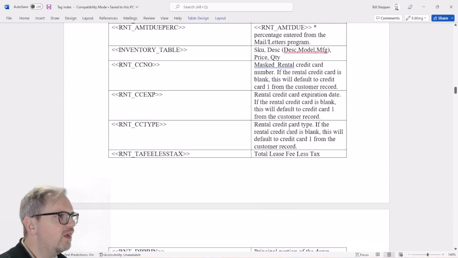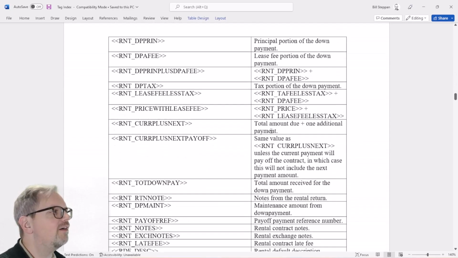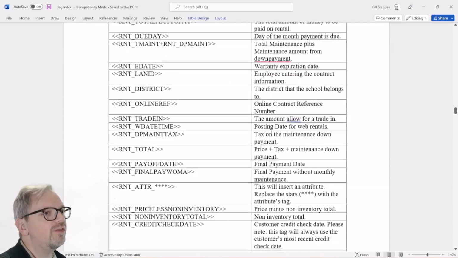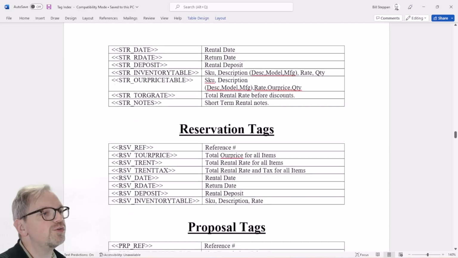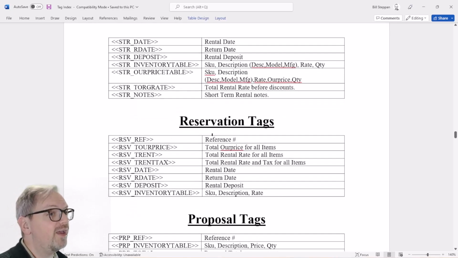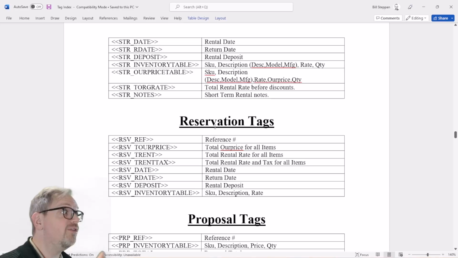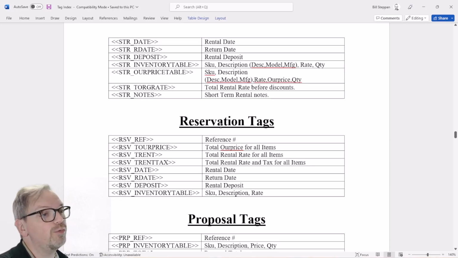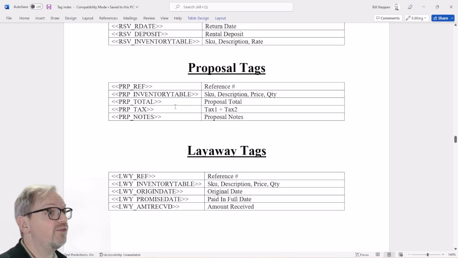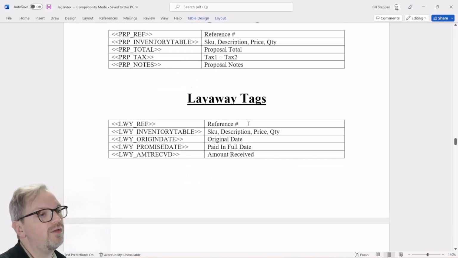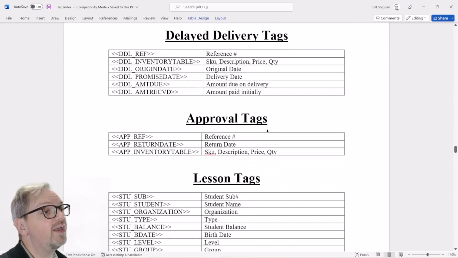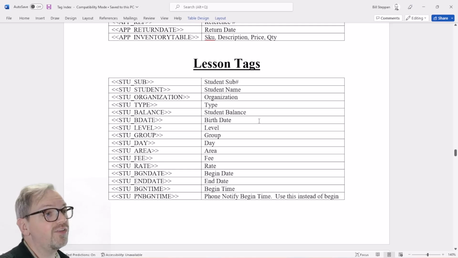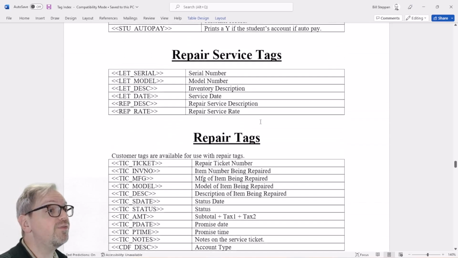So just to flesh out the remaining tag types, when we get past the rental ones, we can get into things like short-term rental tags. So obviously these are going to be specific to short-term rentals and short-term rental activity. Reservation tags are specific to short-term rental reservations, things that customers are reserving for a future rental. Proposal tags, so these are your sales quotes for future possible sales. Layaway tags for layaways, layaway payoff tags, delayed delivery tags, approval tags, student lesson and scheduling tags, repair service tags,